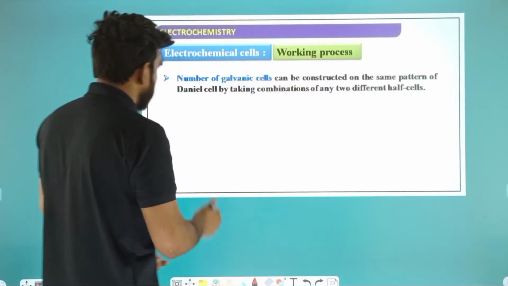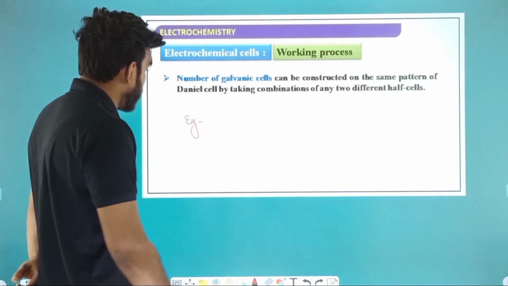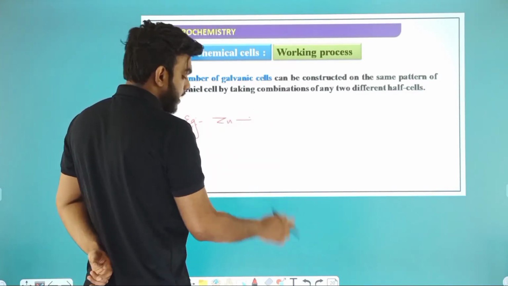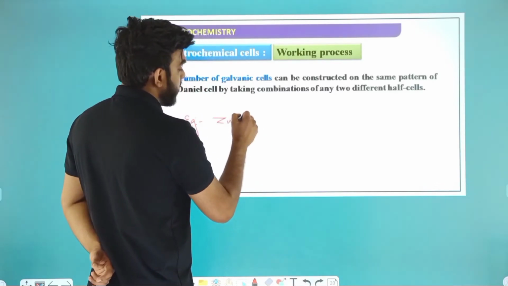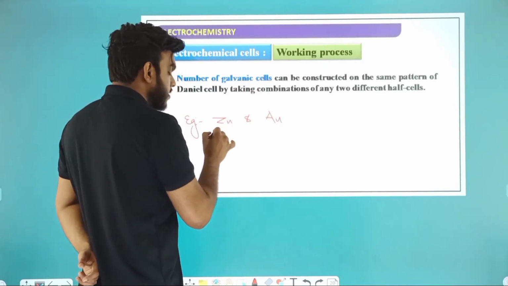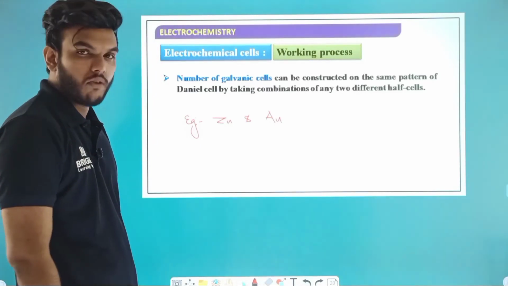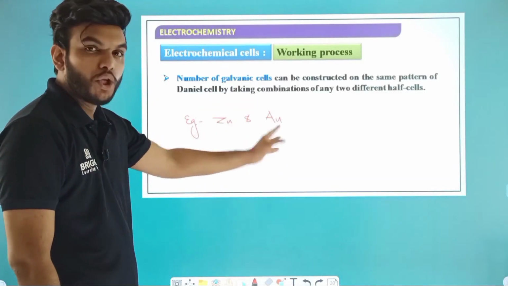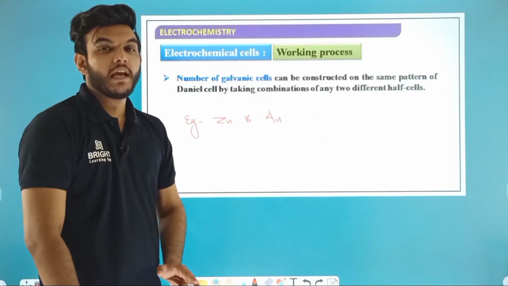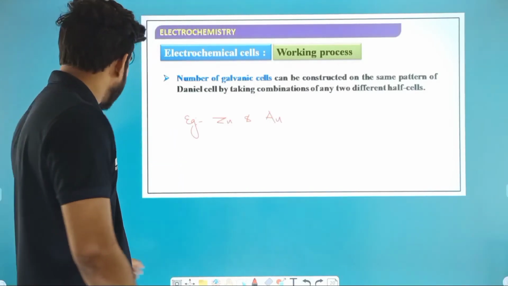So before the live session, my dear students, you have to make a galvanic cell and its cell representation. I will give you an example. You are given zinc and gold. Gold is Au. Zinc is immersed in zinc nitrate, and here it is gold nitrate, that is AuNO3. You have to make a galvanic cell for zinc and gold. Please try to make it, and if you have any doubts, you can WhatsApp me or ask your doubts on our Bright Learning app.